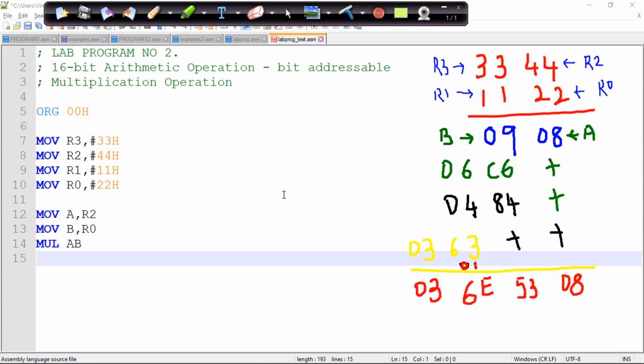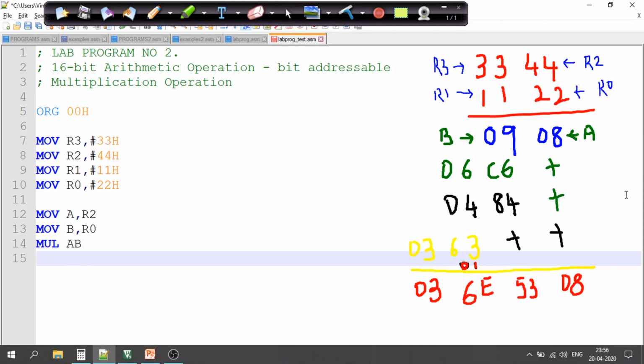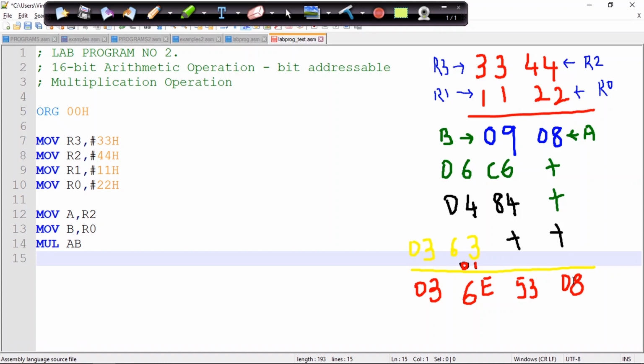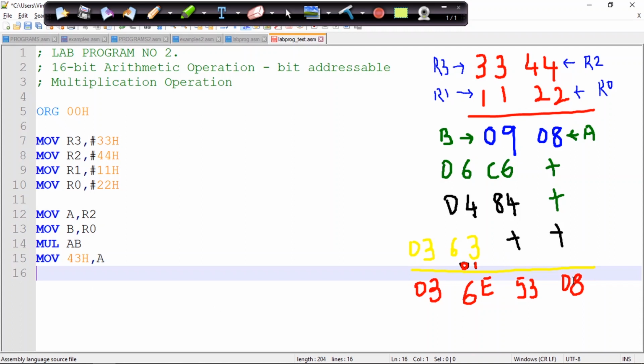Now since it is a direct number going to the result, I'll move this particular data to the 43 hexa address location, that is 43 hexa comma A. Now we have moved that, but the 09 that we have is required for addition, because it is going to be added with the next result.